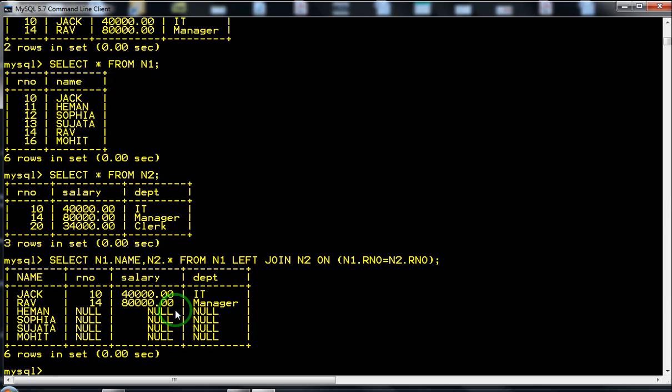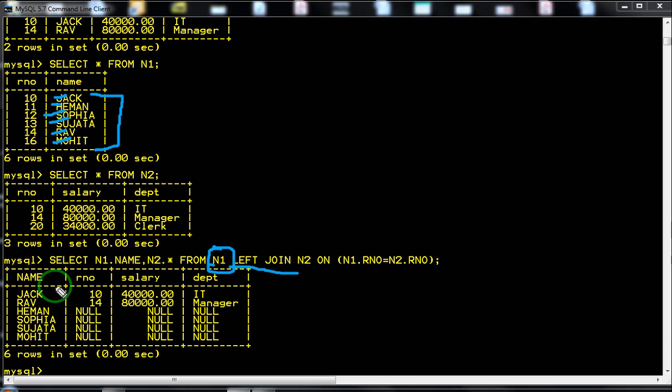So you can see over here, from n1 it is displaying all the records. In left join, as I have already told you, all the records from the n1 table will be displayed. In the n1 table we have Jack, Himen, Sophia, Sujata, Rav and Mohit.